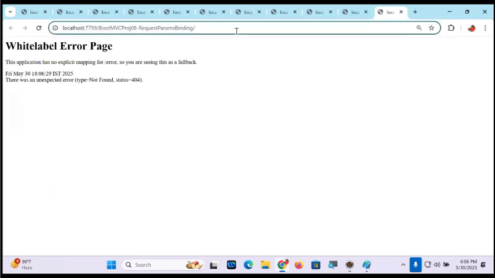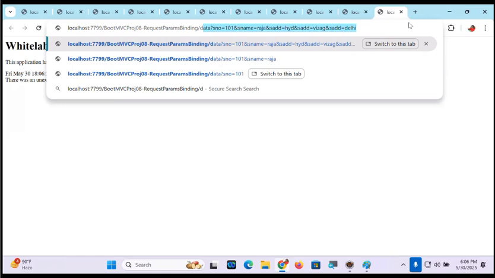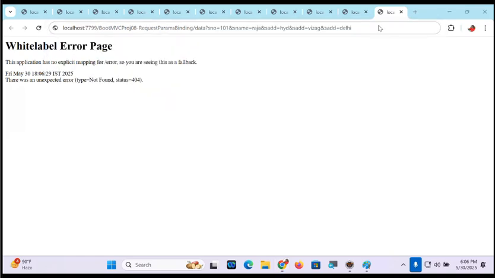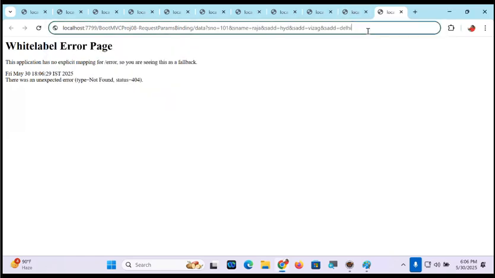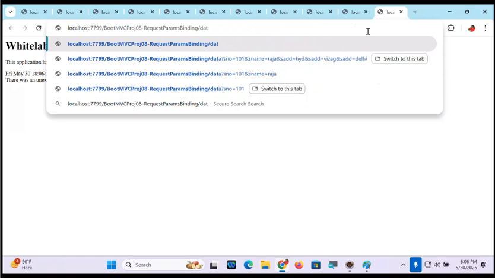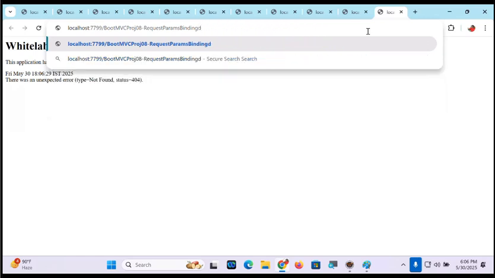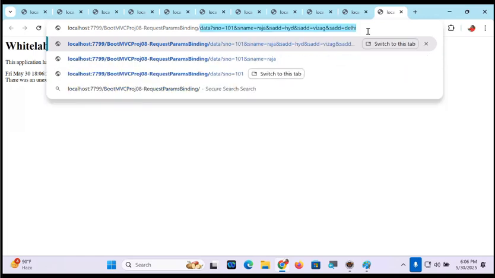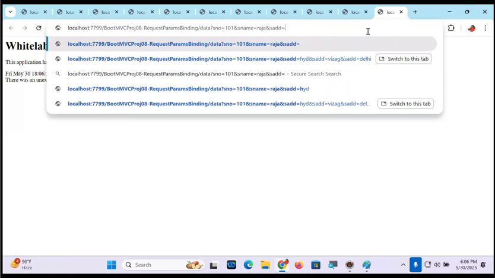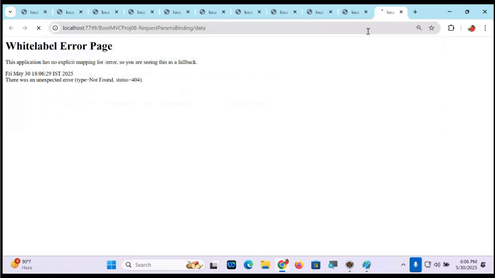Right now there is no problem with the request parameters, guys. If they are not there also, not a problem. Data, save, okay.